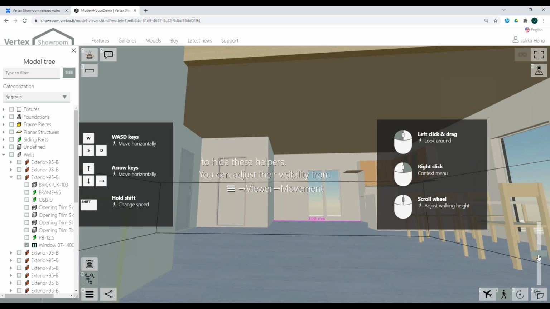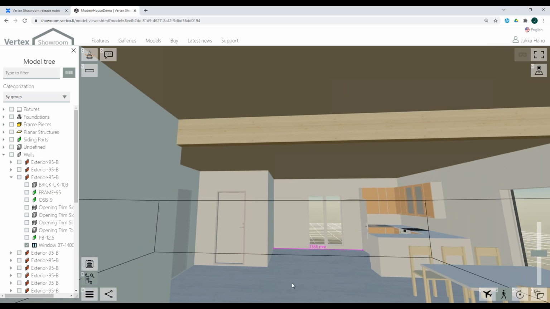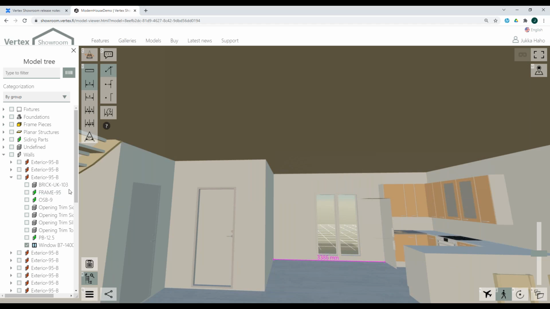Let's go again inside of the house, and then I will go a little bit apart. Now, when you look at this model inside of the house, we have some new tools for checking the dimensions. We now have a quick button for quick measurements. If you'd like to check the width of this cabinet, you can easily check it,